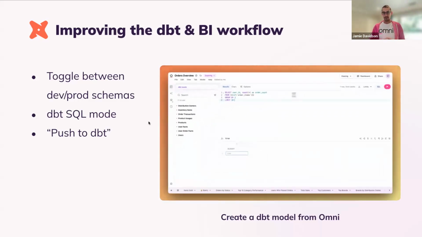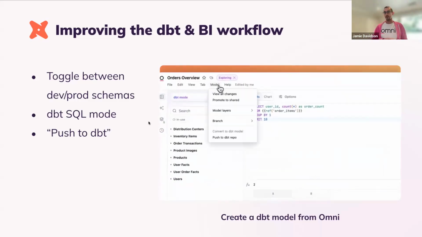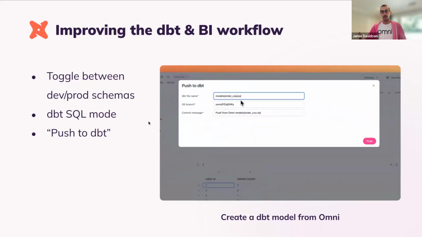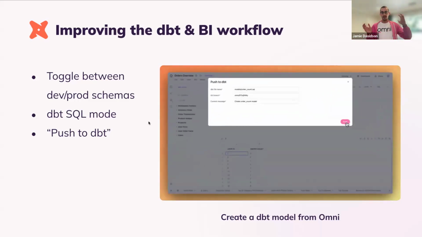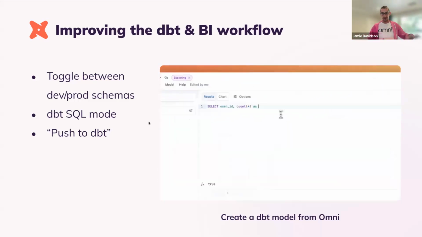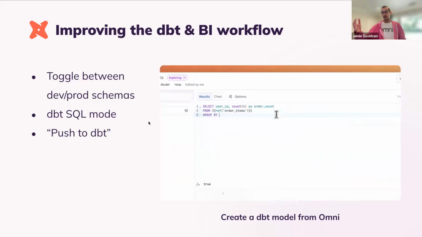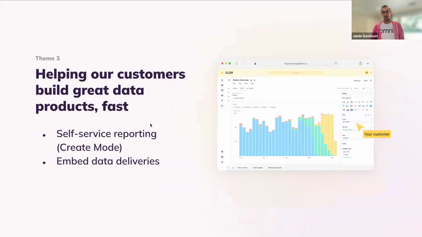To the extent that you want to standardize it in the data warehouse, where the table inside the data warehouse is the interface, and you want to, for cost performance reasons or for integration with other workflows and tools, materialize that directly in the data warehouse, we've got a direct integration with DBT and allow you to take the transformation logic in Omni, write DBT SQL directly, create a new view inside your DBT model. We'll create that pull request inside your Git repo too, and facilitate that whole process, which we're really excited about.